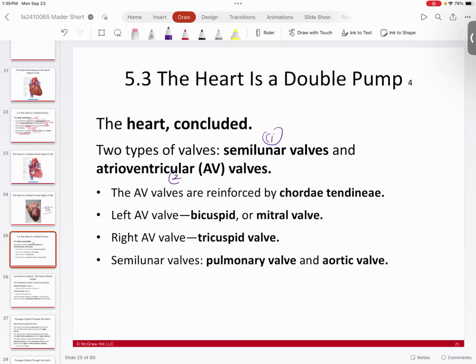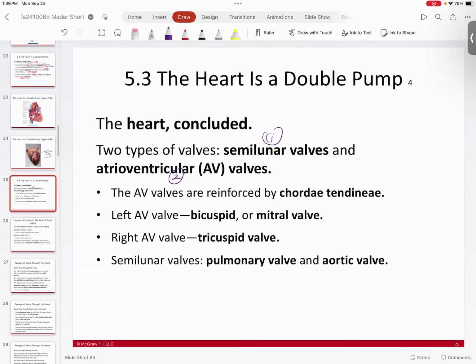And then you also have what's called atrioventricular valves, or the AV valves. So these are the ones that look like basketball hoops, right? So the ones that separate your atria from your ventricles. The AV valves basically have what's called chordae tendineae. So this is basically the strings of the valve that essentially are bound to a particular portion of the ventricle called a papillary muscle. It's like a little extension